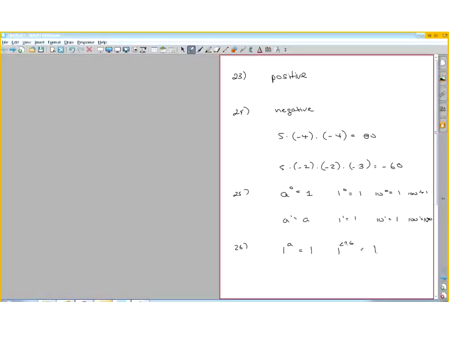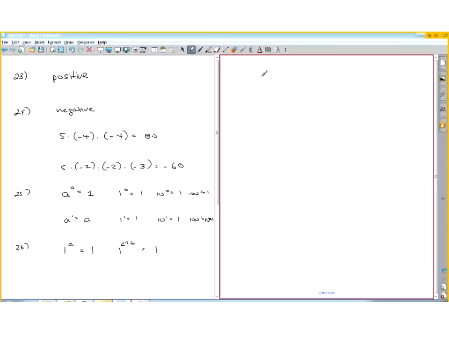The sign of the reciprocal of a number is the same as the sign of the number. So what is a reciprocal? A reciprocal is, say, if you have, let's see, this is 27. If you have a number A, the reciprocal is just 1 divided by that number. So if you have the number 3, the reciprocal of 3 is 1 divided by that number. If you have 1/3,